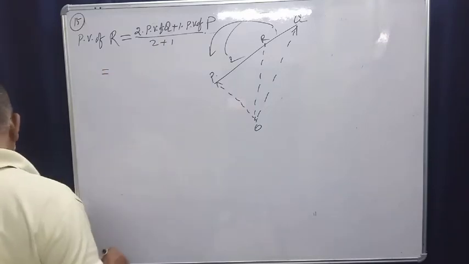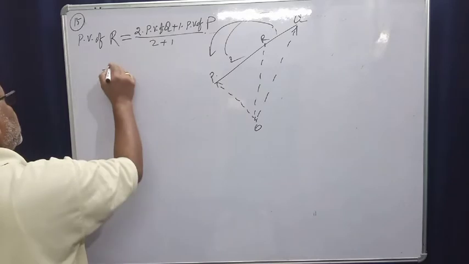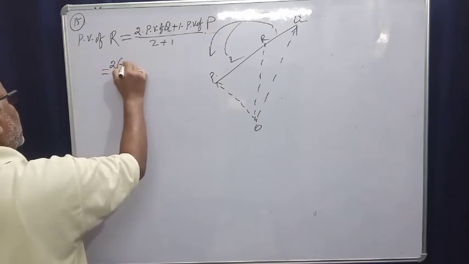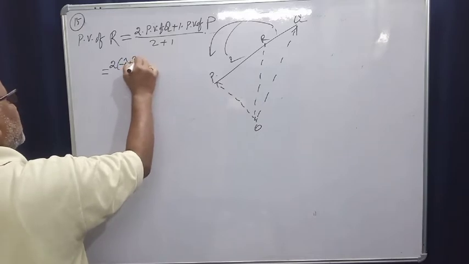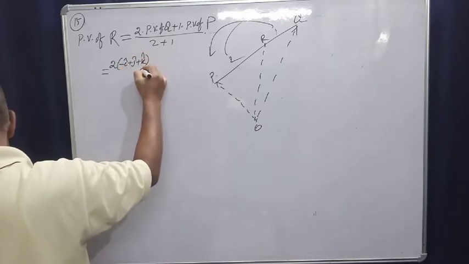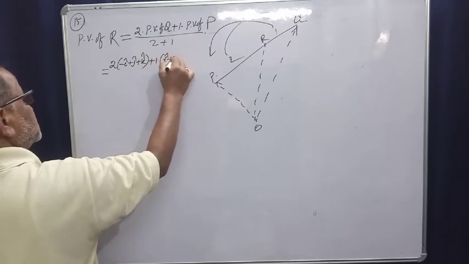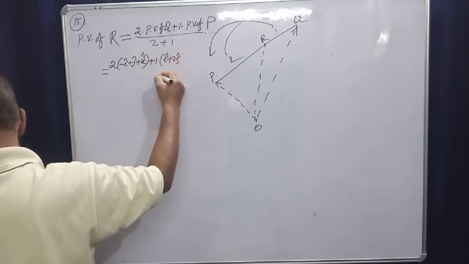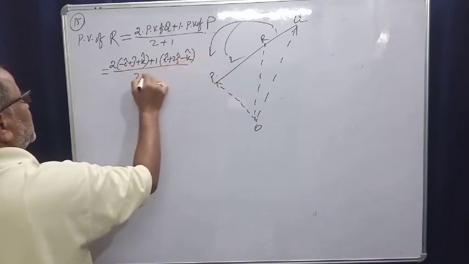That means it will be 2 into (minus i cap plus j cap plus k cap) plus 1 into (i cap plus 2j cap minus k cap), divided by 2 plus 1,